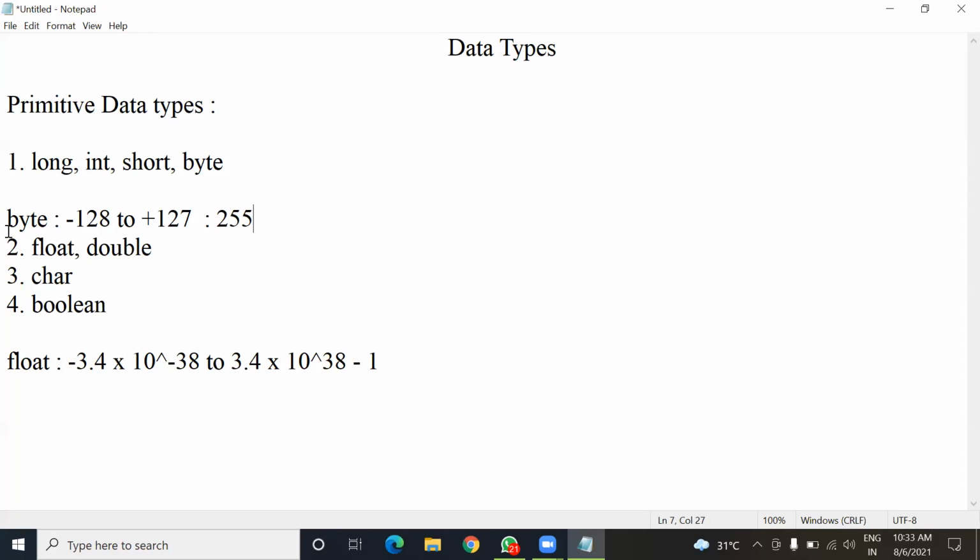Just see here, the size of byte is 1 byte or 8 bits. It means in 8 bits the maximum value is 8 times 1.